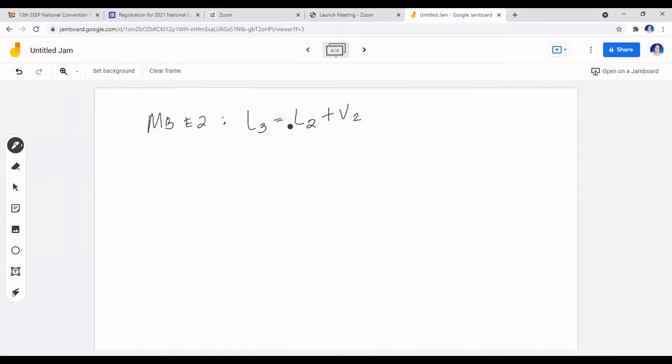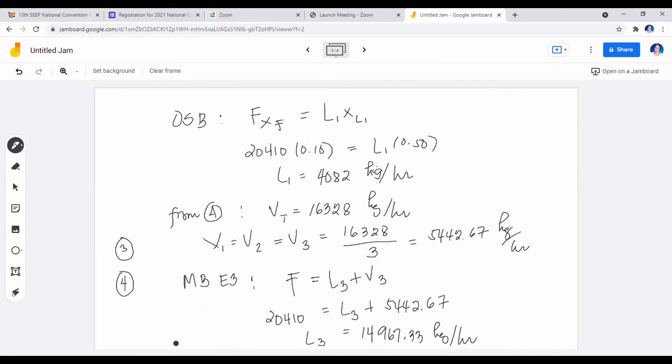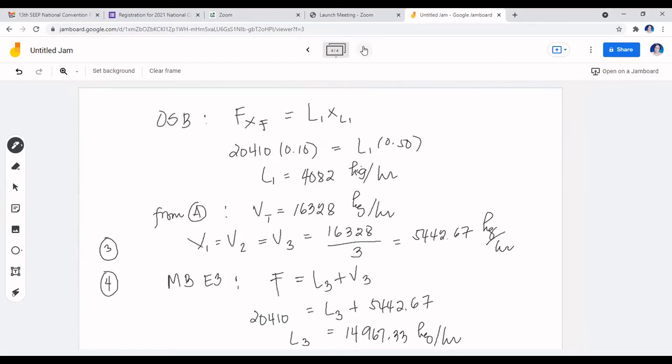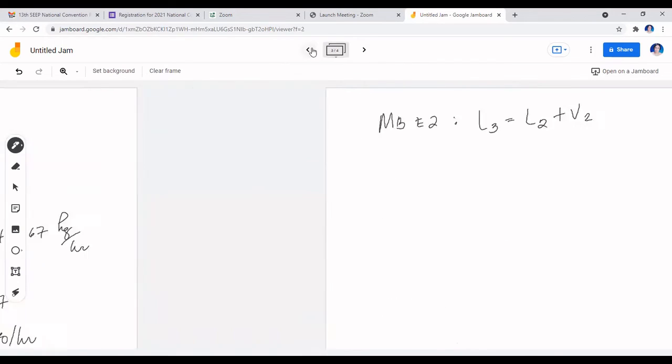So it's really important that we first do material balance on effect 3 because we need L3. But just the same, if you started with material balance on effect 2, you would later know that you will have to set it as an equation, because you can't solve anything from it. Then you will proceed with material balance on effect number 3. In this case, you have learned that you will have to start with material balance on effect number 3.